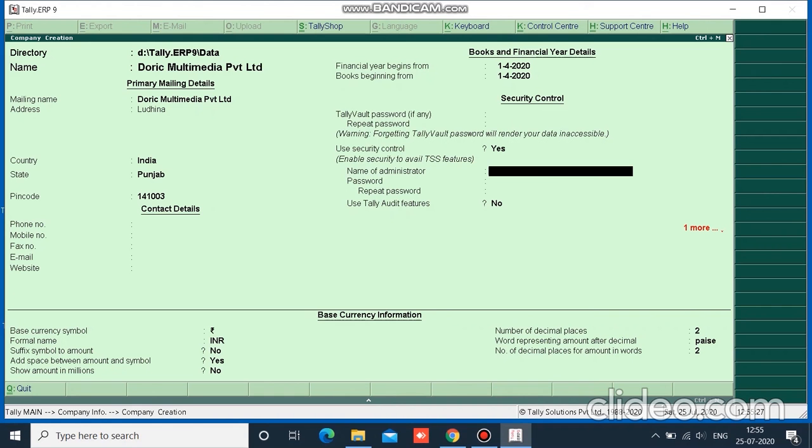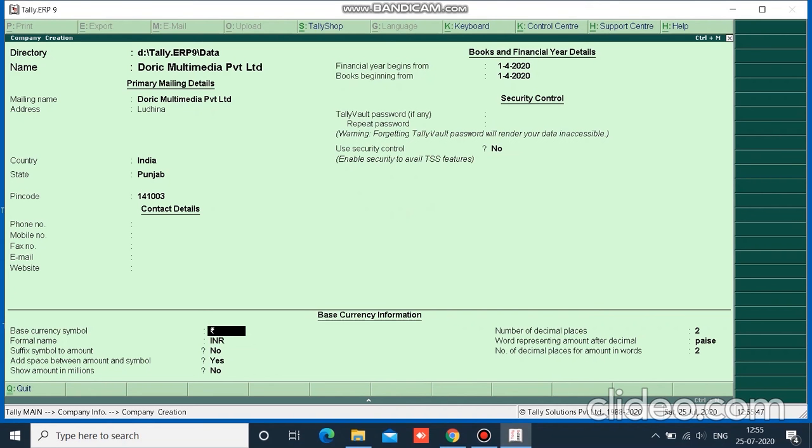Suppose we want a user to enter only purchase vouchers, or only sale vouchers, or we want to give a user certain rights. In that case, we can use this option. And next, the cursor goes to the basic currency information.